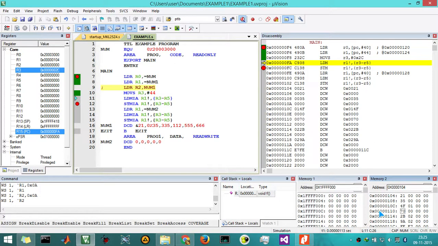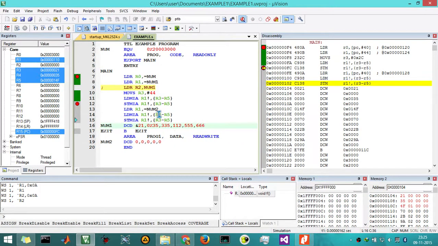We are supposed to get 110 into R1, and now we are going to see the change here. R1 is having 104, and it is to be changed to 110, and you can notice the change here. R1 has become 110, and R3, R4, R5 have been loaded with these values. Now R1 is at location 110, and at 110 we have 70, that means 112, 555 and 666.